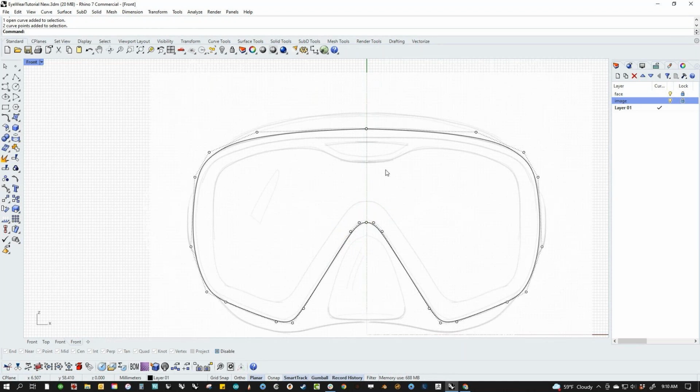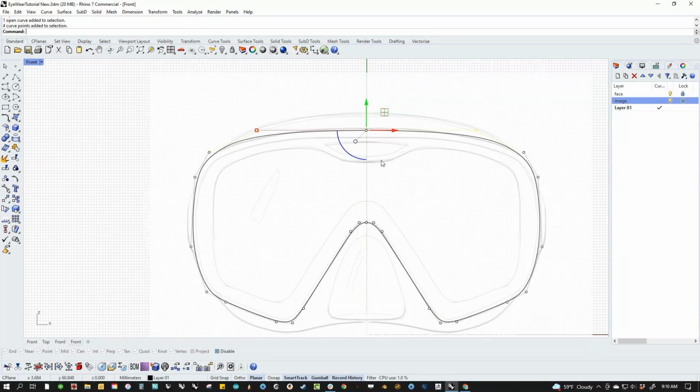Now, I don't have a tangent match here, and the reason I know that is because these three curves, or these 3 points, are not in line, and the reason that I can tell that is because when I select them, I have a scale handle here. So I'm going to just fix that. I'm going to scale that to 0. And now these are tangents, so I know there's not going to be any issues going across the center line,